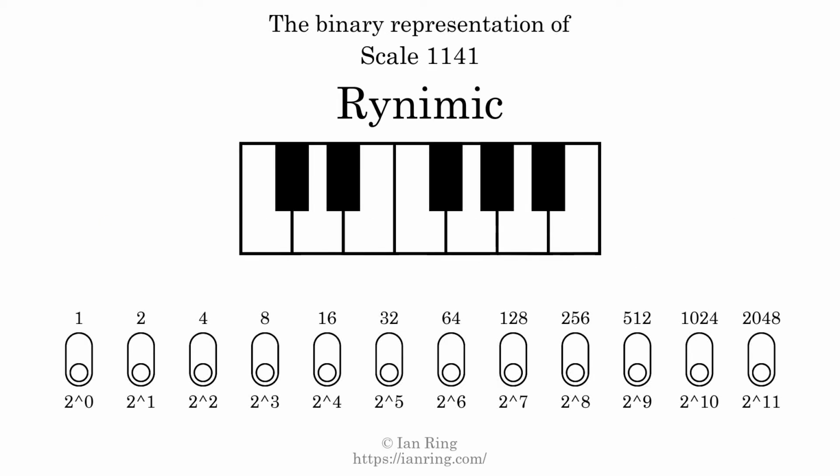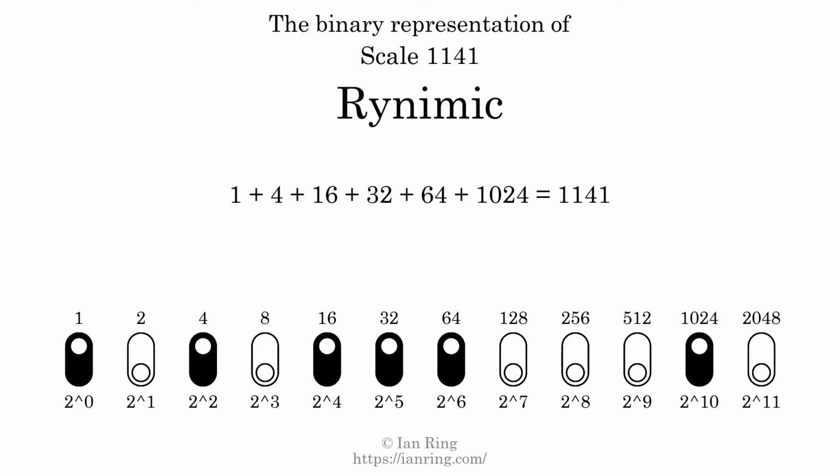The binary representation of this scale is determined by mapping tones of the scale to binary digits. Each binary digit represents a power of 2. To get the scale number, we add the powers of 2 together. The powers of 2 that are present in the scale, all added together, equals 1141. That is why the scale number, in decimal, is